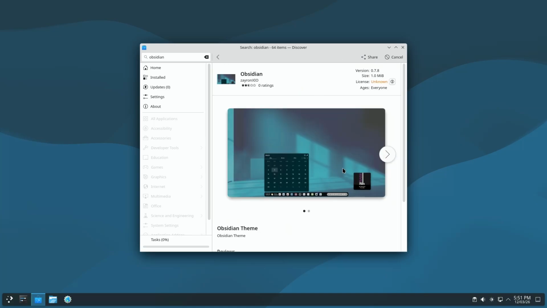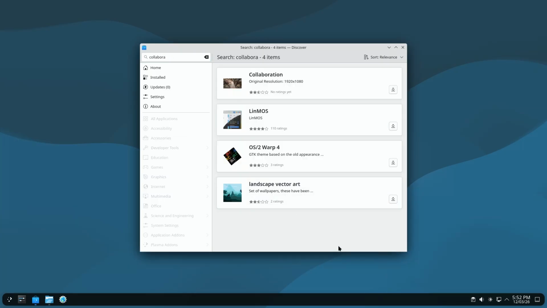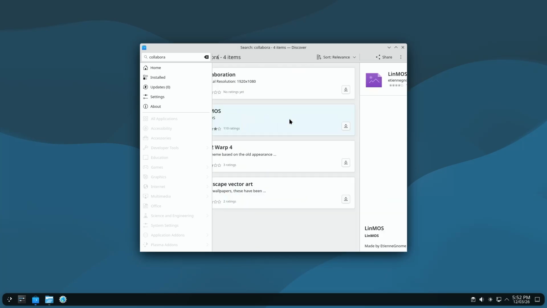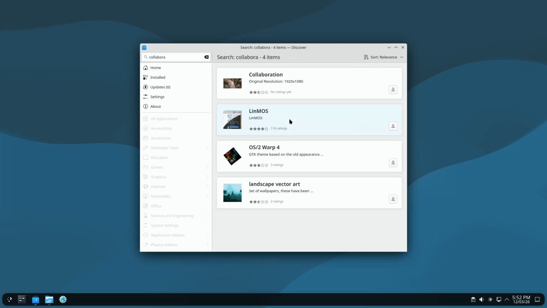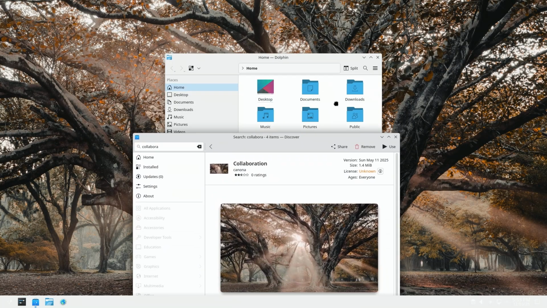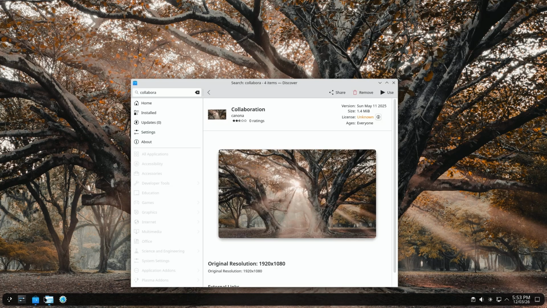Unlike Windows, where you download .exe files from random websites and hope they are safe, Linux uses verified software repositories which are maintained by the distro developers, where every package is checked and verified. And unlike Windows, where you have to update every app individually, Linux updates everything centrally, from the operating system to apps and drivers, in just one click.